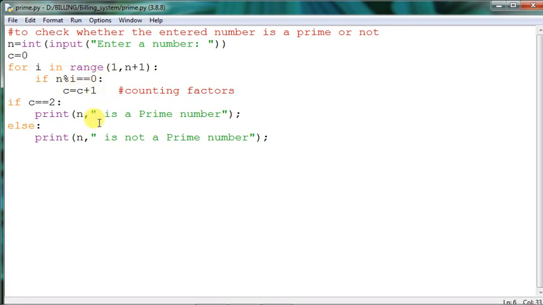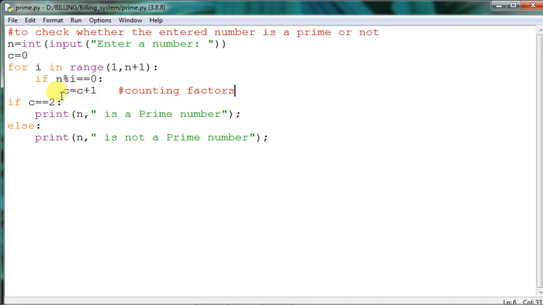0 means what? It is exactly divisible or not. Okay, so whenever a particular number is exactly divisible by another number, its remainder comes 0. So the percentage operator is here, you can see out here, this is also called the modulus operator. While dividing it finds out the remainder. So both the things, if it is compared with 0 and if it is true, then the factors will be counted.